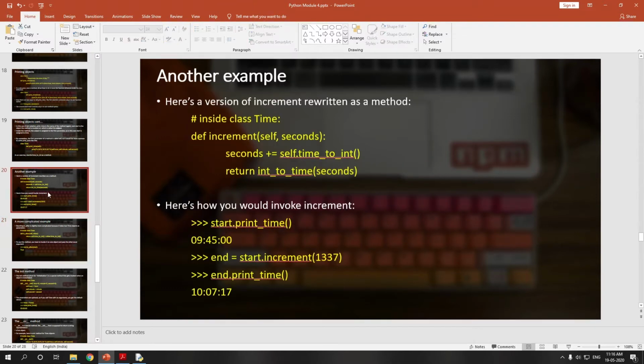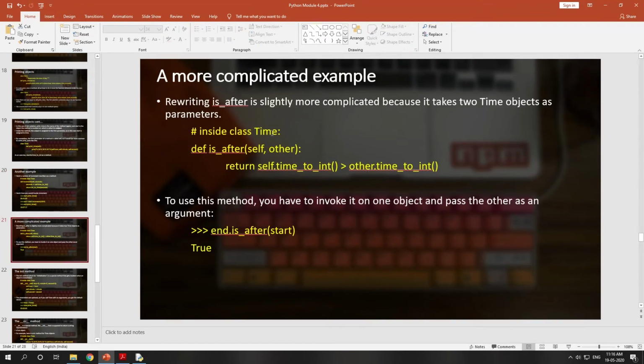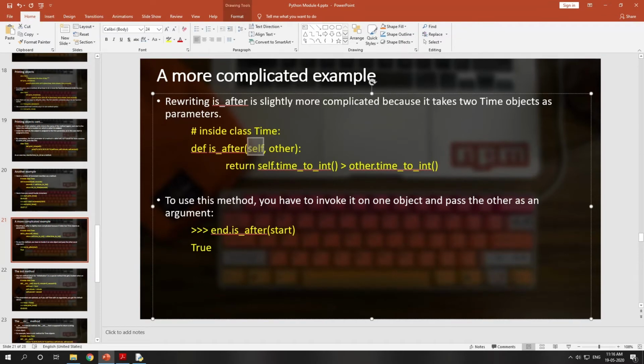Here I have told you that if you are declaring a method which takes the first argument as the self object, then the second is some different one. What if you want both parameters to be objects of class time? At that time, what you need to do is write self, other. This is how you declare it in Python.